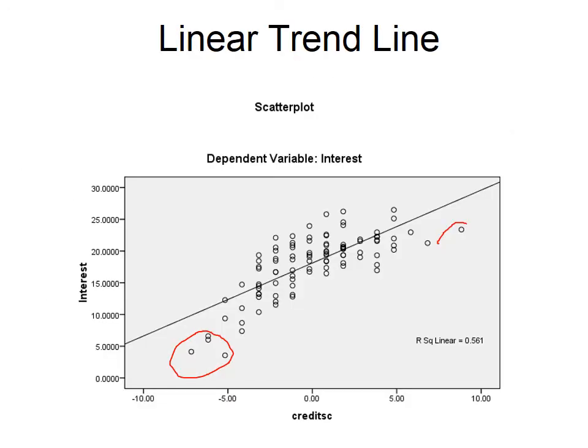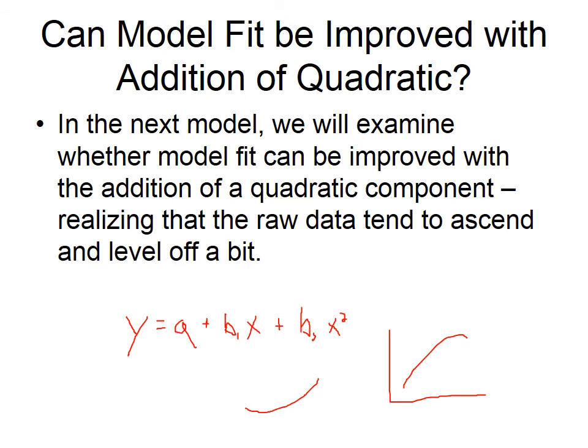So here's our straight line fitted to the data, and if you look, it doesn't fit very well down here, and maybe a little up here, but we can kind of see maybe there's a curved relationship to this data. So let's see if we can do a little bit better. We'll fit a model where we allow one more polynomial variable in there, and we'll see if we can do better.